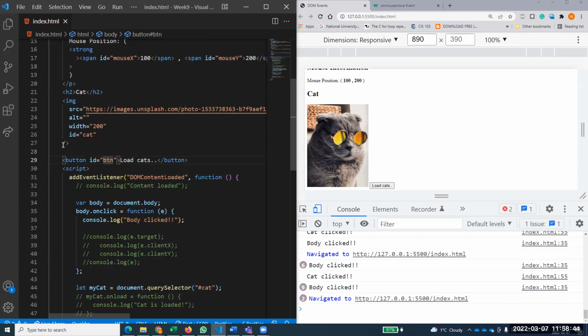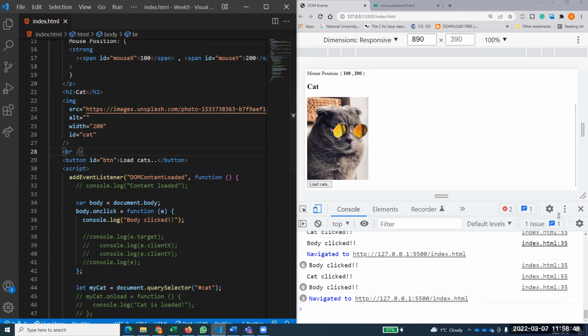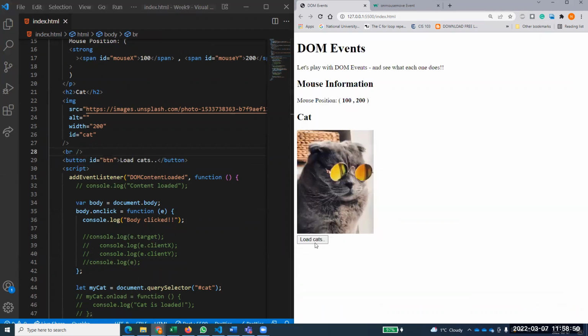So it says load cats, and let's put a break. So now we have got this document, right? I want to load maybe more and more different cats when I click on that one. Now, for that, I will tell you another very interesting way, which we are starting today, and we'll be doing